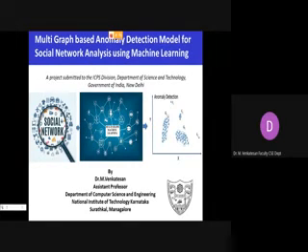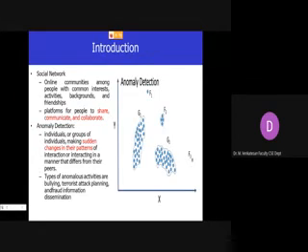So what happens in the social network? People are connected. What is the use of a social network? What do you mean by social network? You can say a social network is nothing but online communities among people with common interests, activities, backgrounds, and friendships. A platform for people to share, communicate, and collaborate. That's the use of a social network, right?